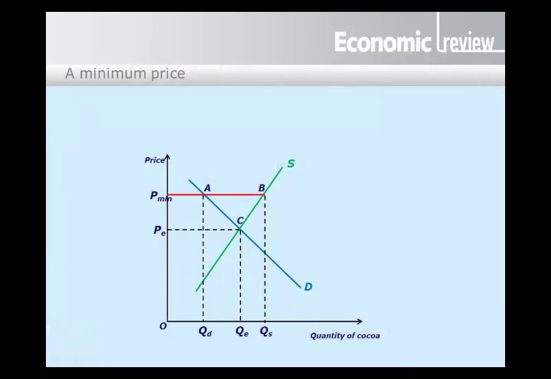Now, this reminds you of figure 3 in the column, which shows the effect of this particular policy. So here we've got a market where the equilibrium price is at PE, but the government choose to set a minimum price Pmin, guaranteeing to purchase any excess supply at that price.